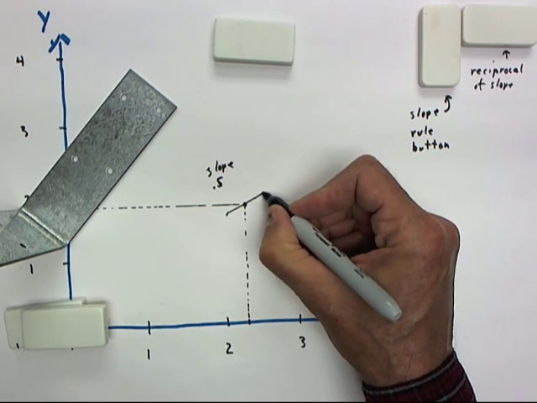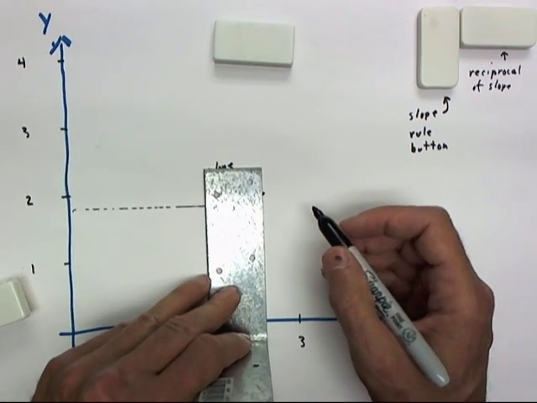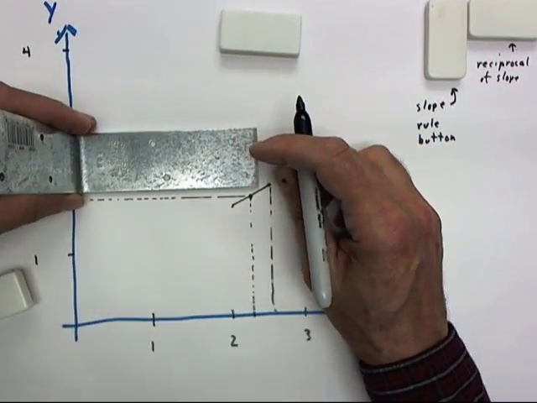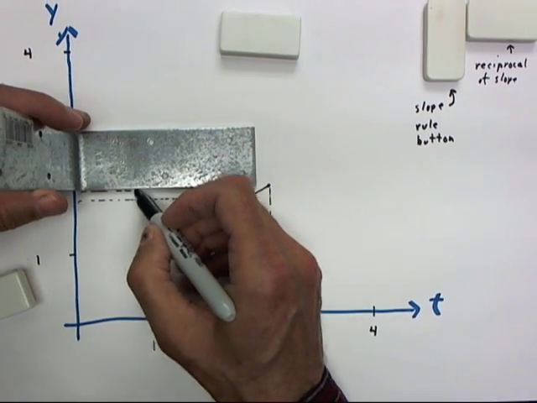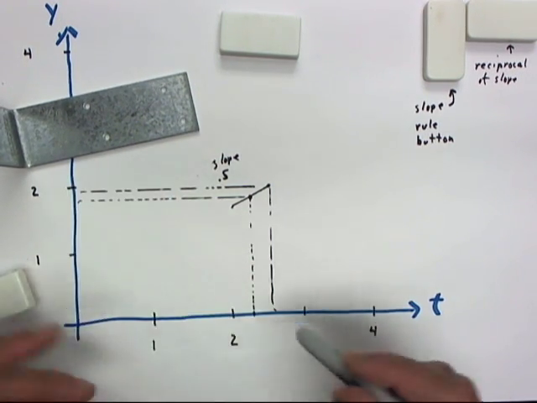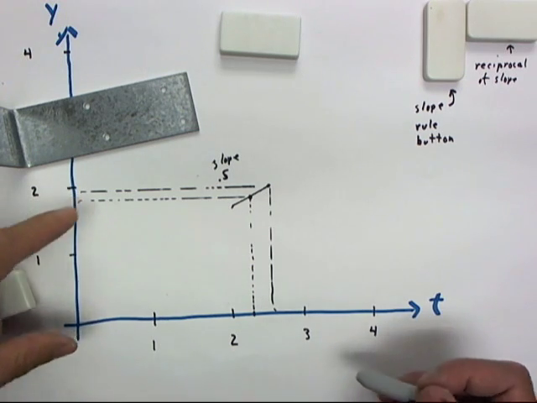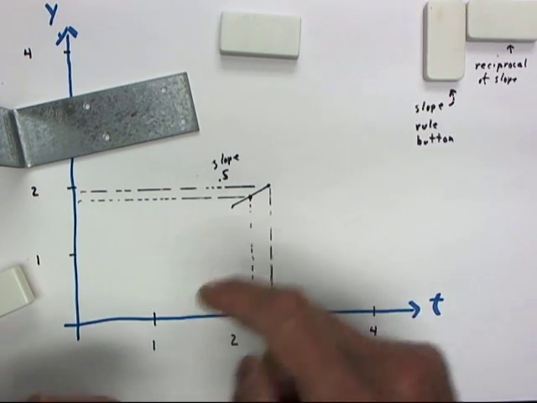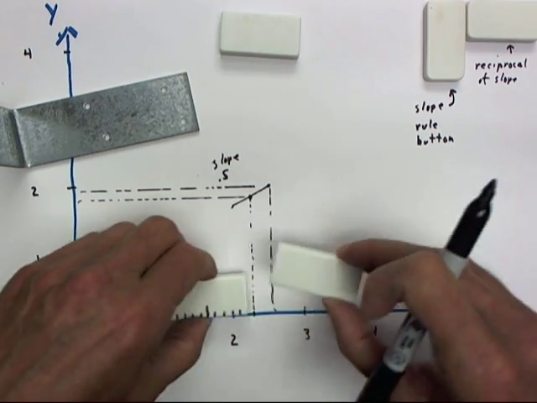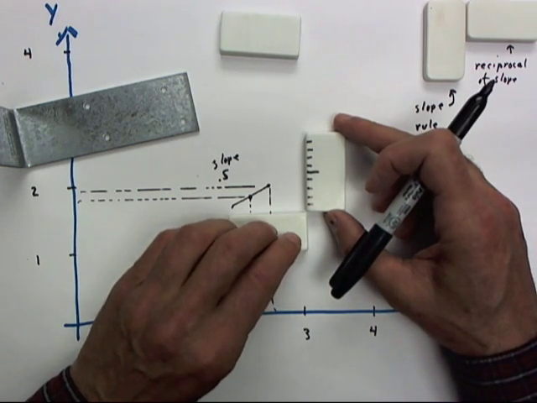Okay, we can come out to the end of this line segment, and we can again sketch our projection lines. Press here, we get our coordinates, or we could estimate them visually, about 2.6 and 1.95 maybe. Press our slope rule button, and that's going to give us the slope. Now the slope I see here is 0.7. Again, you can't see that, and neither can I, obviously. I'm making this up,